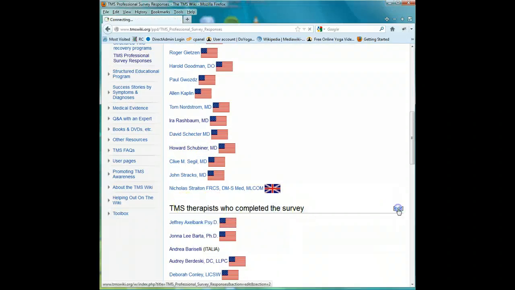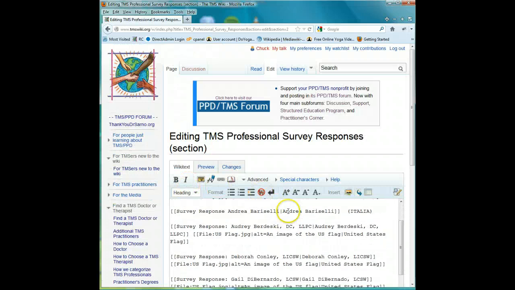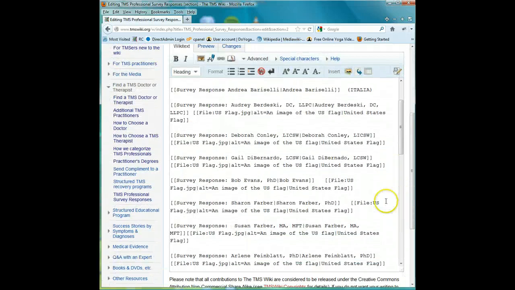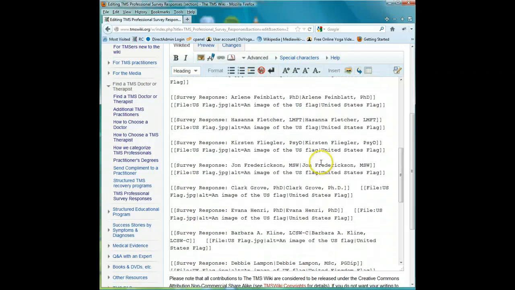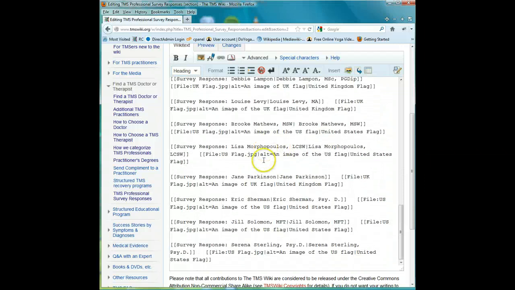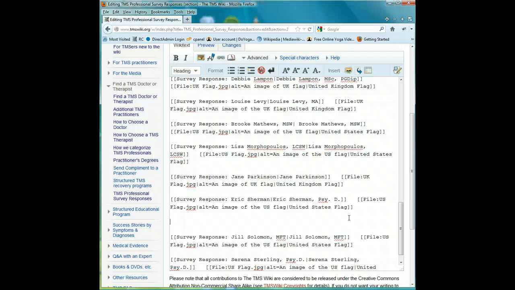I'm going to click the edit button down here, and I want to find where in the alphabet he is. It's going to be kind of far down because his last name is Smith. It's organized by last names, so right after Sherman, right before Solomon. Basically here I'm just going to copy the other code that I see. It looks like there's a space in between each one, then we have the link. So I'm going to do